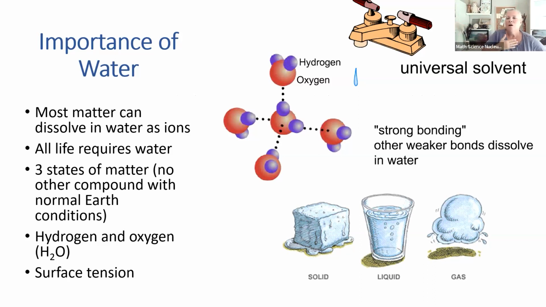All right. Now, universal solvent. Have you ever heard that about water being a universal solvent? That's because it can break down other things. When the water's flowing through our rivers and our creeks, it's flowing over those rocks, minerals, sands. The whole time it's breaking some of those bonds of those rocks. Those minerals are then incorporating into the water. It's pretty cool. So they have these strong bonds, and they're able to break out the weaker bonds of other